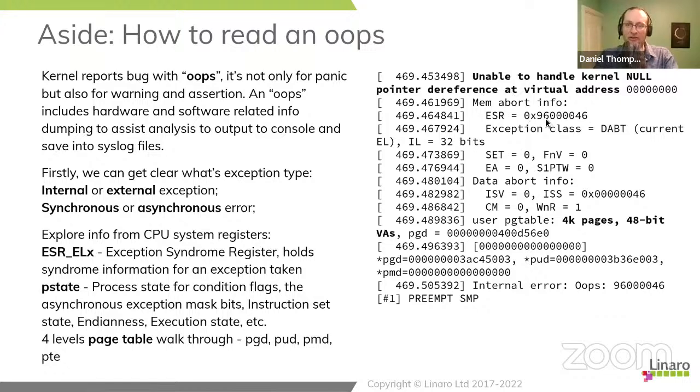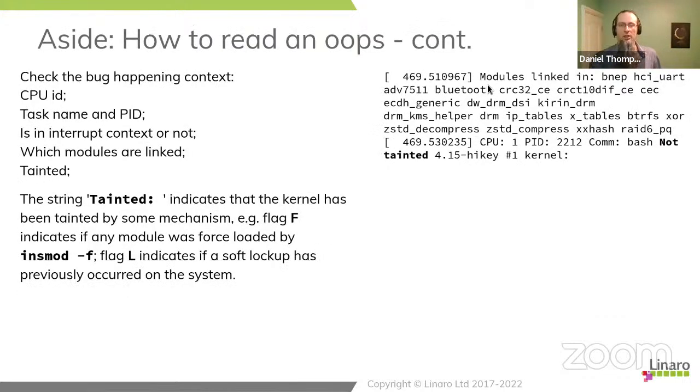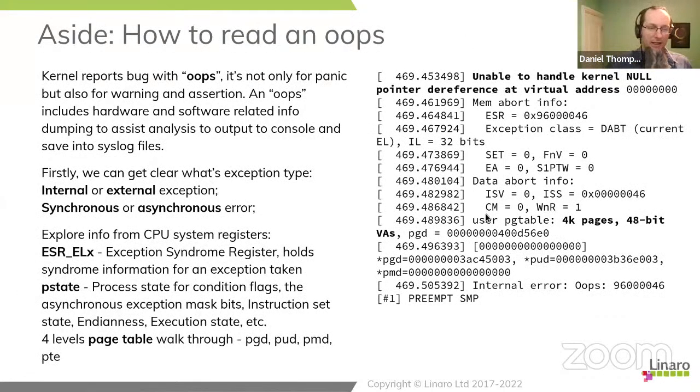In this case, this is the exception syndrome register, so you can look up exactly what that means. It's actually composed a lot of it already to tell you what they expand to. And all these magic acronyms here, you can go and look up in the architecture manual if you need to know them. If the top is very clear, we've just hit a null pointer, we don't need to know what all this is, but you can dig deeper if the top bit is not readily understandable. The other thing I pick out is the 4K pages, 48-bit virtual addresses.